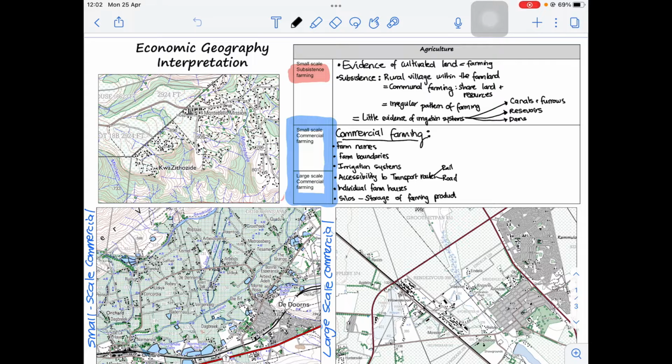So if we consider the types of economic activity, the branches or the sectors, we get our primary, our secondary, and our tertiary being the main ones that we're going to focus on. Our primary economic activity is where we are extracting raw materials from the ground. And so we need lots of ground in order to do this. So you're going to see less settlement and more use of the surrounding land in order to actually carry out